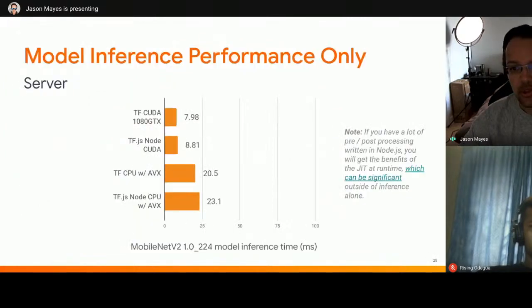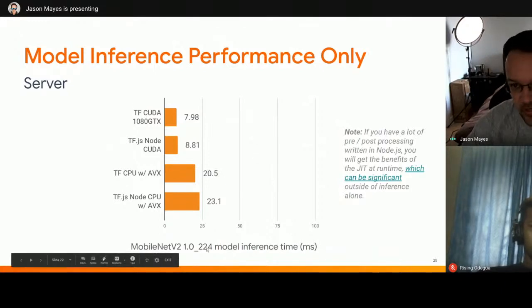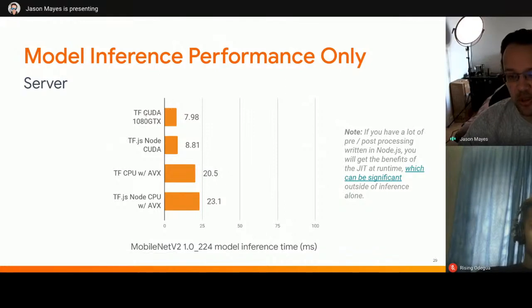Now I want to talk a little bit about performance. And here are some results for MobileNet, which is computer vision. At the top here, we can see the difference of running on the GPU in Python and Node.js. The top one is Python with a 7.98 millisecond inference time. And just below that, we've got Node.js with 8.81. So for all intents and purposes, depending which way the wind was blowing when we were taking the results, this is basically the same result. It's within a millisecond or two of each other, so it's within margin of error. Basically, inference is exactly the same with Python and Node.js.